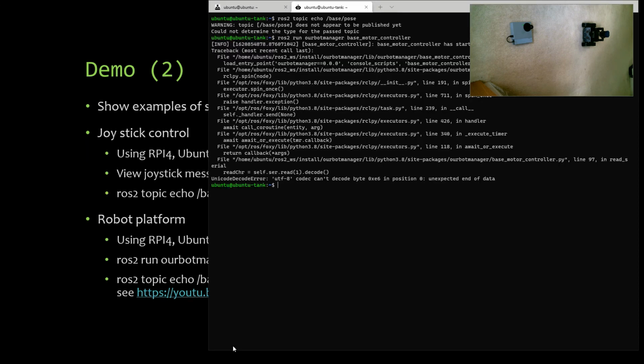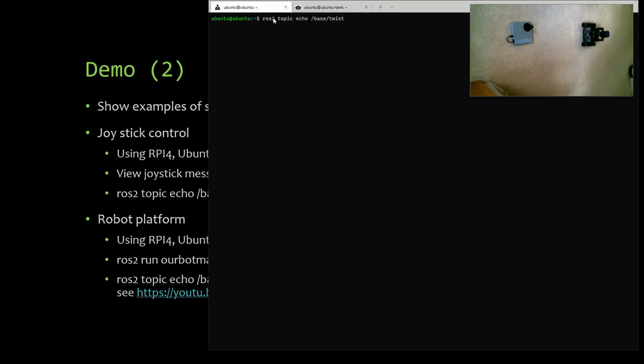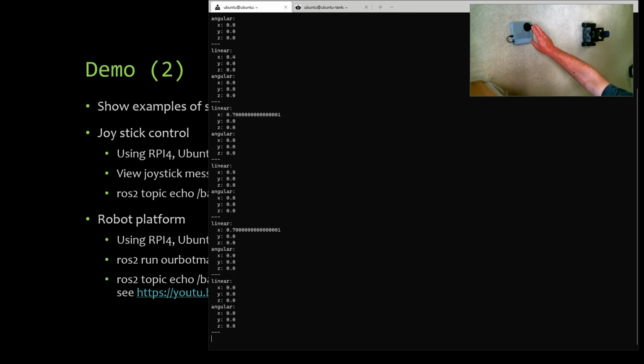Okay, so over here I'm connected to the Raspberry Pi that's in this joystick box, and I'm going to do a ROS command to do a topic echo, so look at what messages have been sent by this topic, and the topic is base twist. So if I click on that and move the joystick,